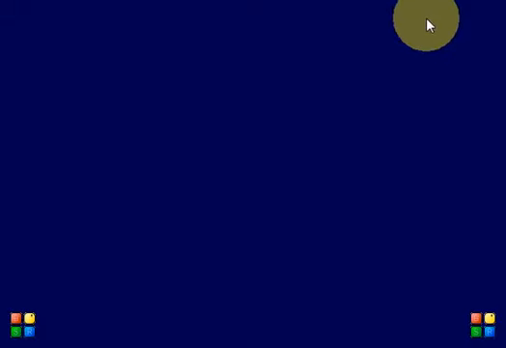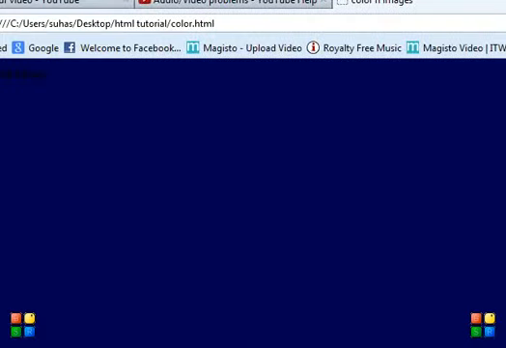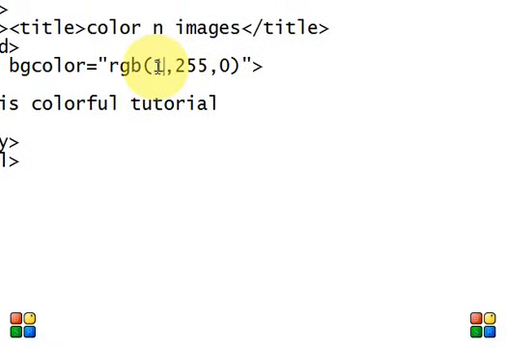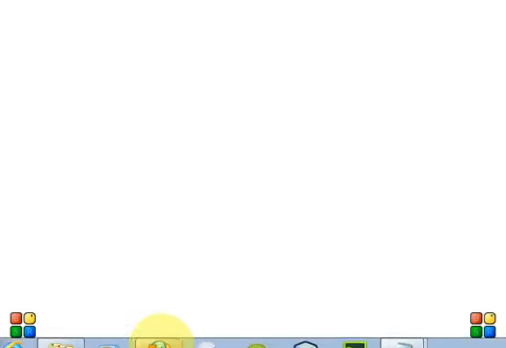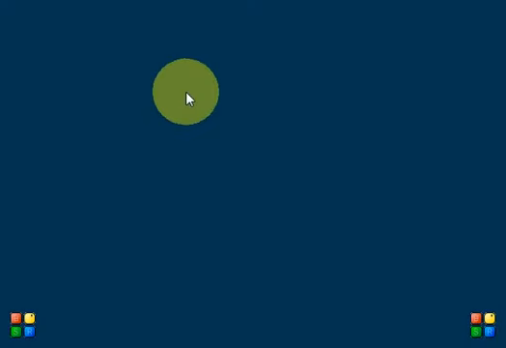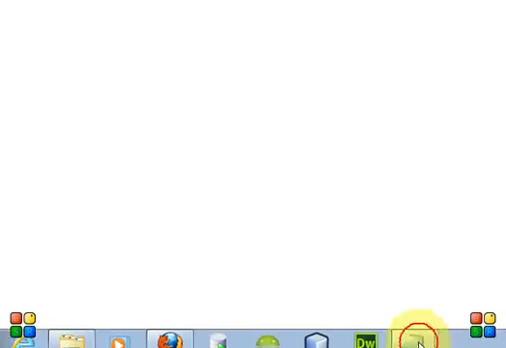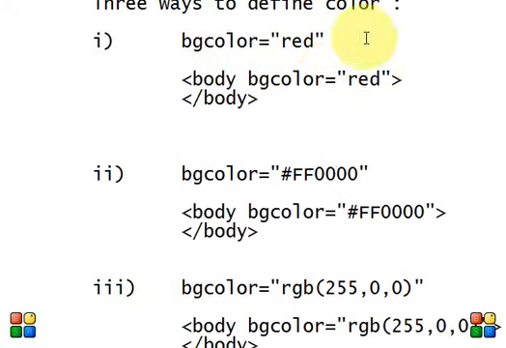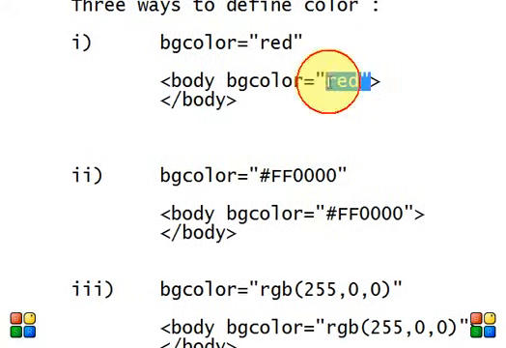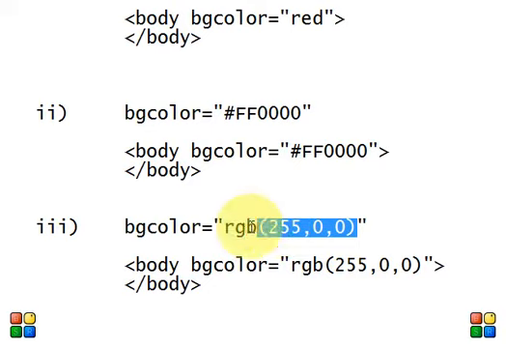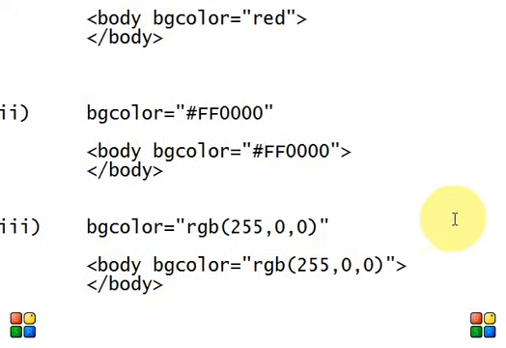According to the values, it will change the color of the page. When you change the numbers and press F5 in the browser, it will change accordingly. So this is how we work with color. There are three techniques: the first is bgcolor equal to red, that is normal English text, the second is a hexadecimal code, and the third is RGB with the corresponding values.